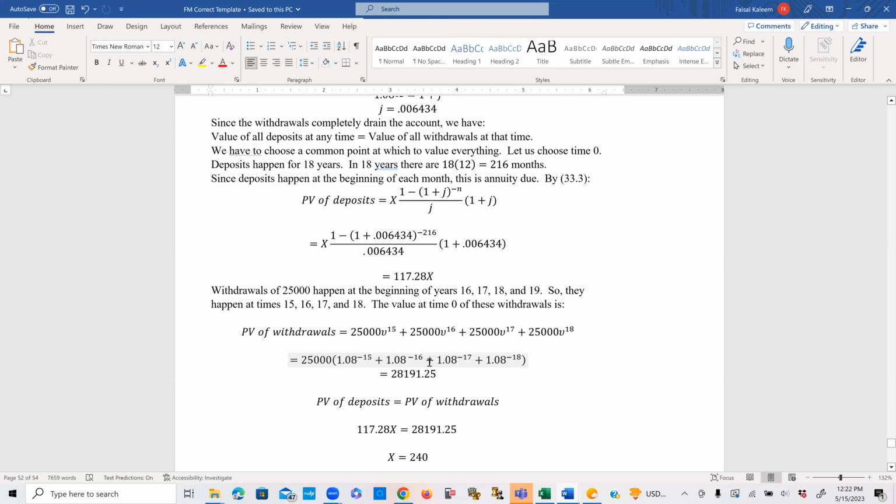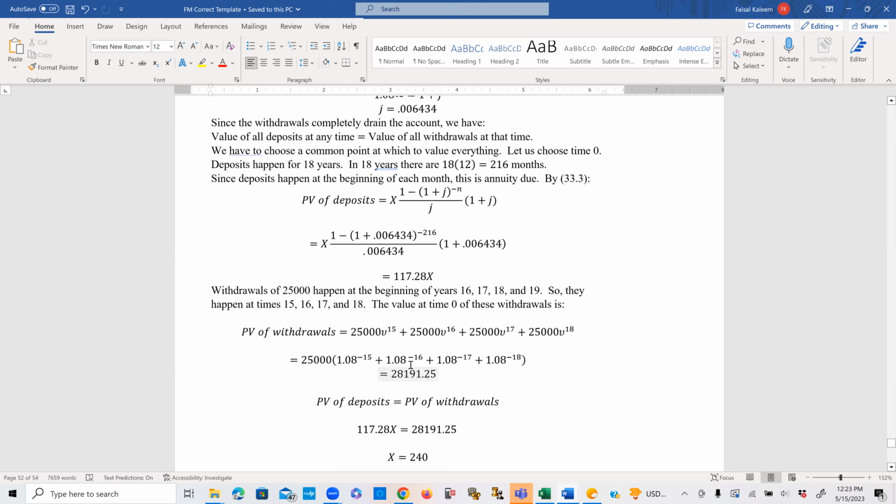Now you can also find this by the annuity due formula and then pull it back 15 years. But when there are such few terms, sometimes it's more convenient to just do it by brute force, as I'm doing here, with only 4 terms. And so the value of these withdrawals at time 0 is